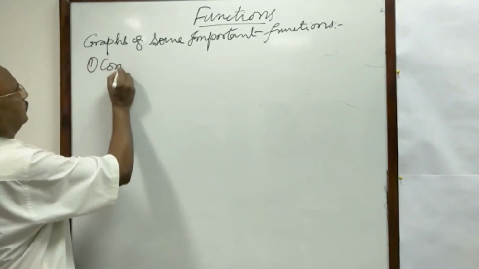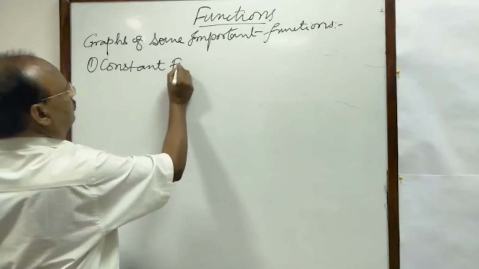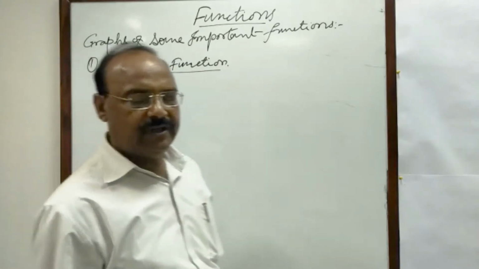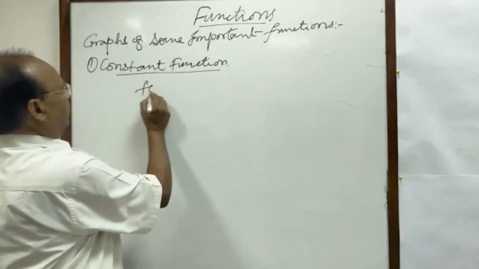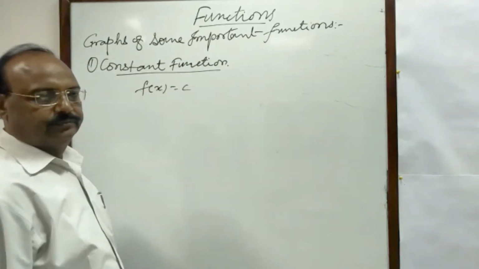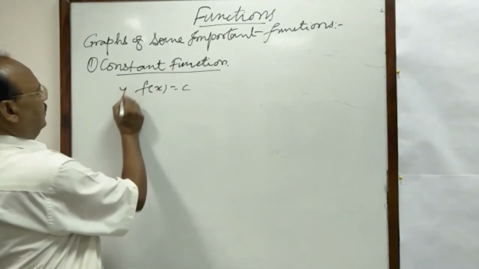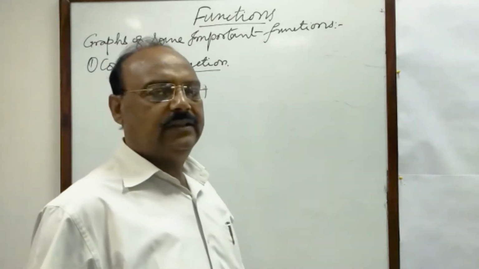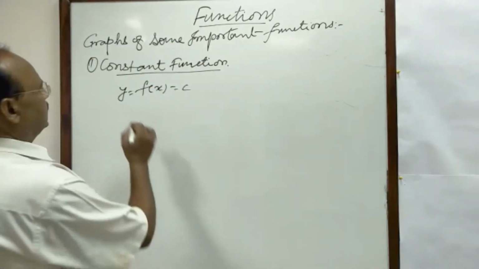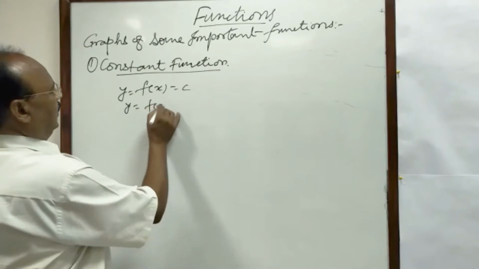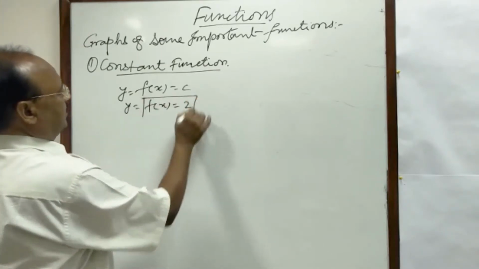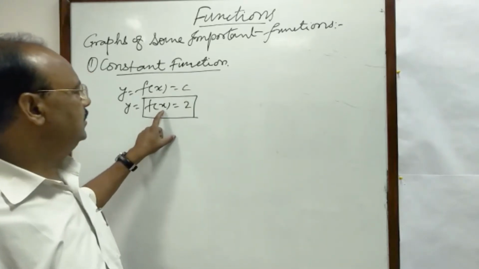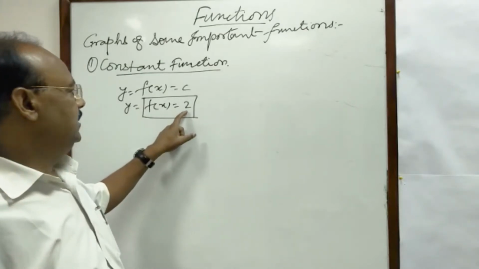First, constant function. As we know, constant function is defined as f(x) = c. f(x) is nothing but y, so generally we write y = f(x), and this is equal to c, where c is a constant number. As for example, suppose we write y = f(x) = 2, then this is a constant function because for different values of x we will get a constant number 2 as the value of f(x)